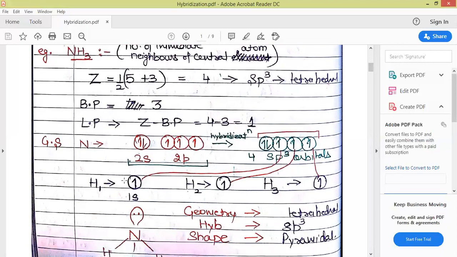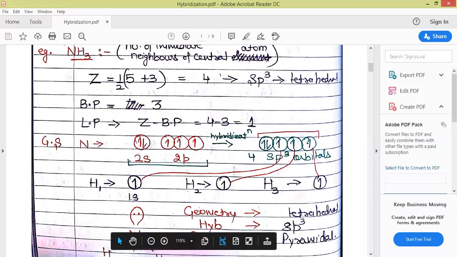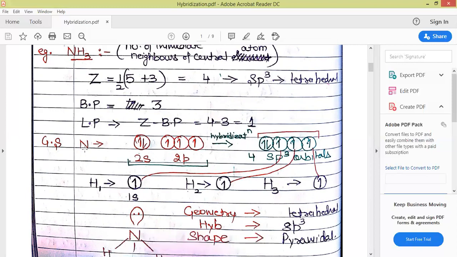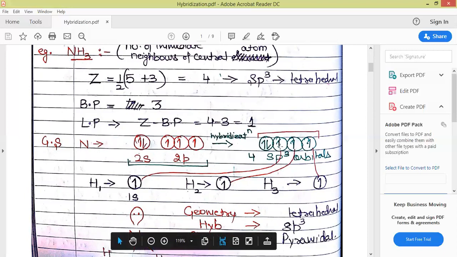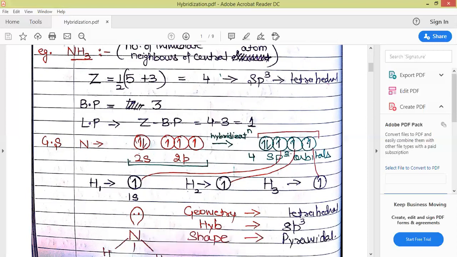Further, hydrogen is having 1 electron in its valence shell, that is 1s. Here I have written H1, H2, H3. That means 3 hydrogens are there which are going to make a bond with the nitrogen. So the 3 single electrons present in this will form a bond pair with 1 hydrogen each. This electron will combine with this, as shown with the red lines,